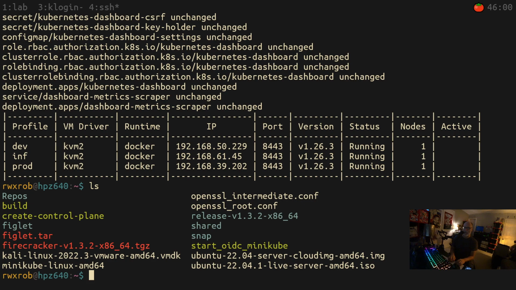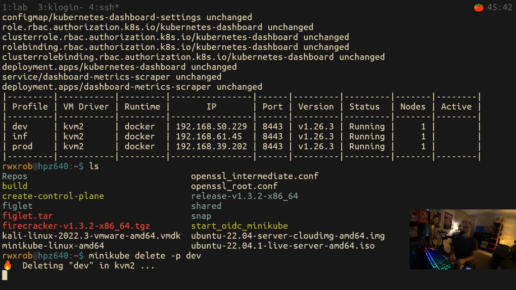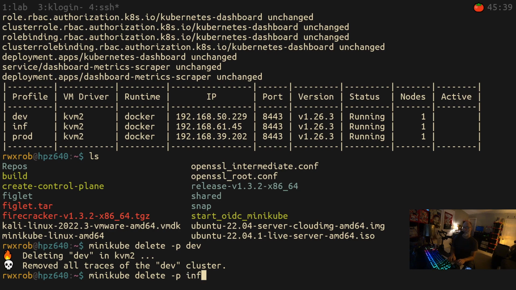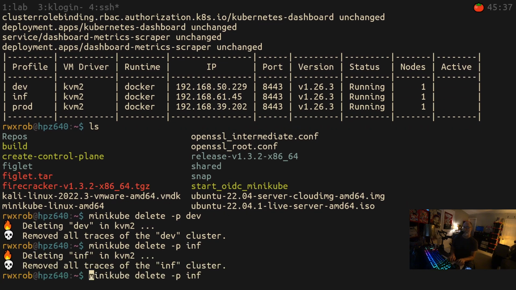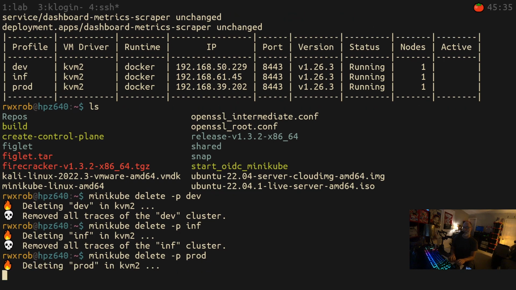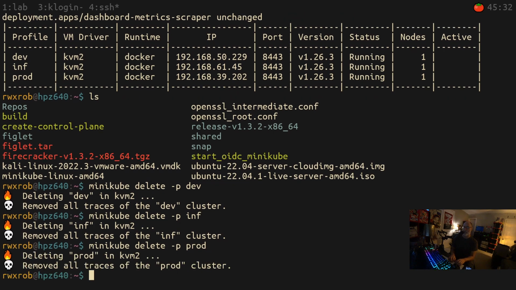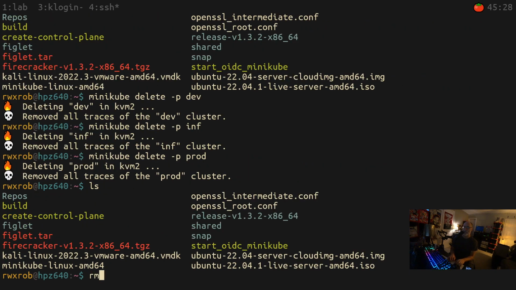So the answer is that we're going to have to drop everything again. This is how we broke this in the first place, on purpose. So we're going to do minikube delete -p dev, inf, prod. This will be a good time for me to take a break. All right, we should have no clusters and no underlying KVM infrastructure for those now. And now we can safely remove